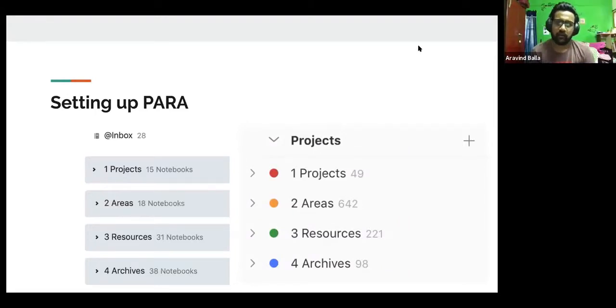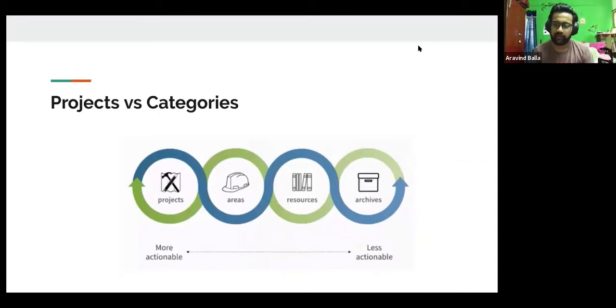To add upon that, projects have a specific deadline, and how I see resources is that every note you take or anything that you collect comes into a resource, and I organize that into a specific project and an area. To give an example, one of the areas that I have is sharing knowledge, and one project under it is podcasting.